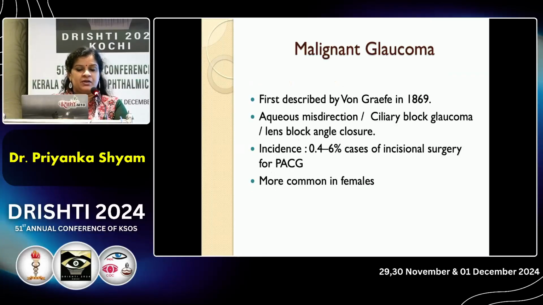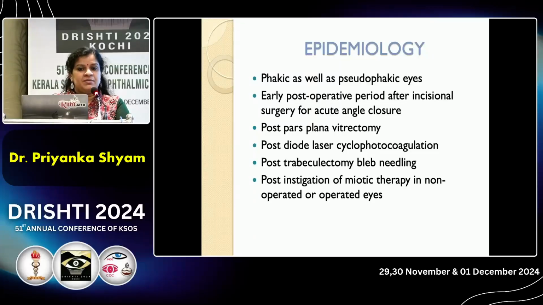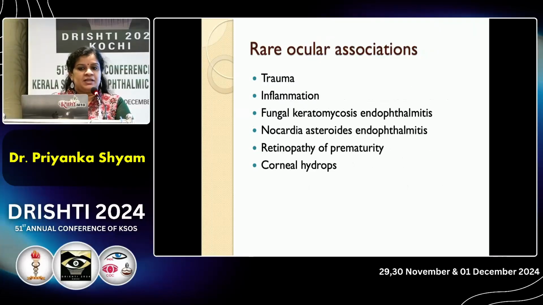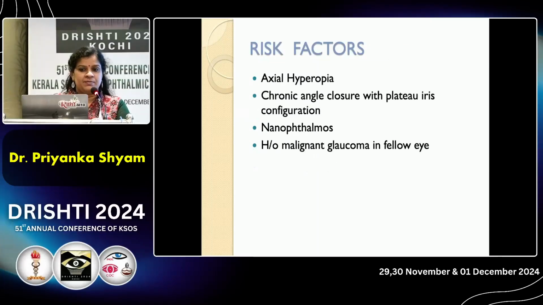Now coming to malignant glaucoma, it was first described by von Graefe, and the other terms are aqueous misdirection, ciliary block glaucoma, and lens block angle closure. Incidence is 0.4 to 6% of cases of incisional surgery for PACG, more commonly seen in females. The epidemiology can be seen in both phakic as well as pseudophakic eyes, and it may be seen after various ocular surgical procedures. These are the rare ocular associations of malignant glaucoma. The risk factors are axial hyperopia, chronic angle closure with plateau iris configuration, nanophthalmos, and history of malignant glaucoma in the